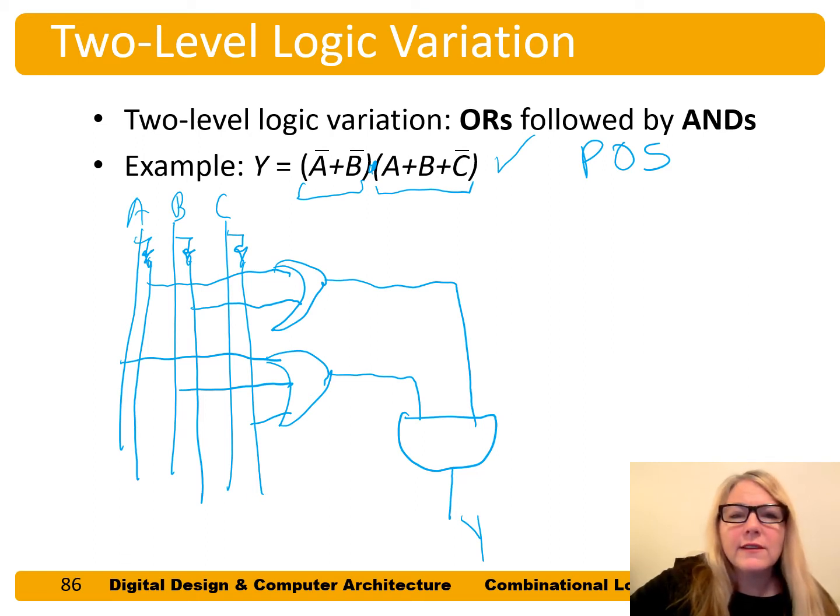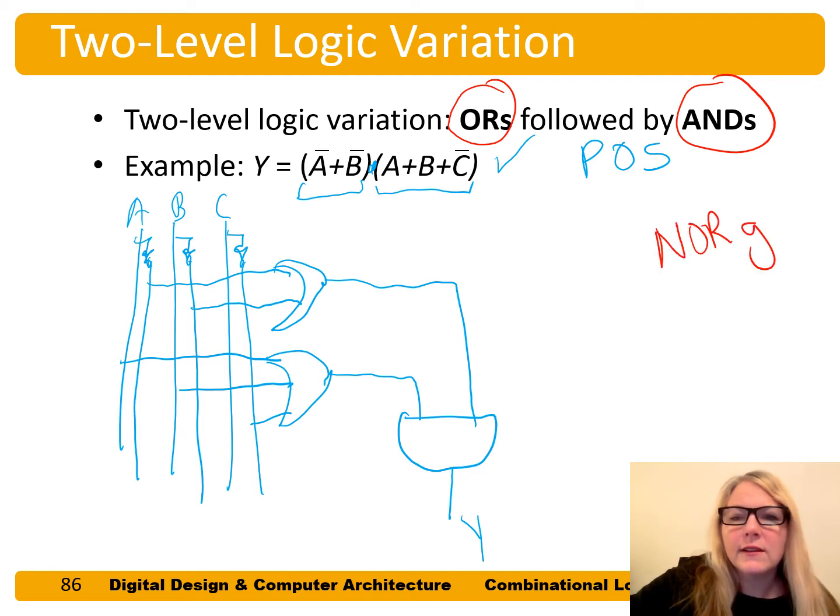And so if we wanted to turn these into NOR gates only, so right now we have ORs followed by ANDs, but we could turn this implementation into using NOR gates only by putting bubbles on the output there. And from De Morgan's, if we put bubbles on the inputs of this AND gate, that also is a NOR gate, because if we have some gate that looks like this, which we'll talk about more next,